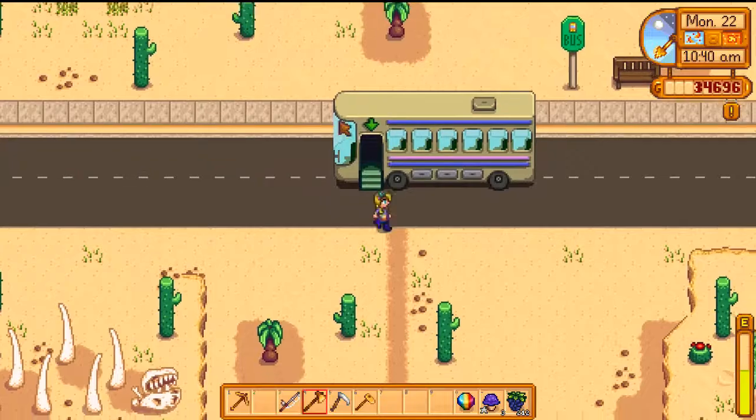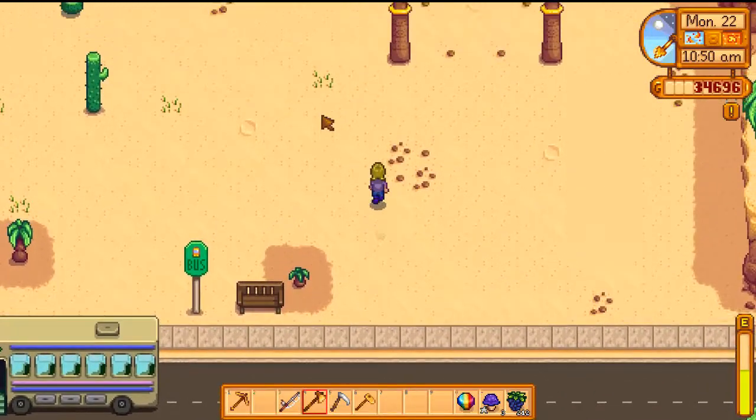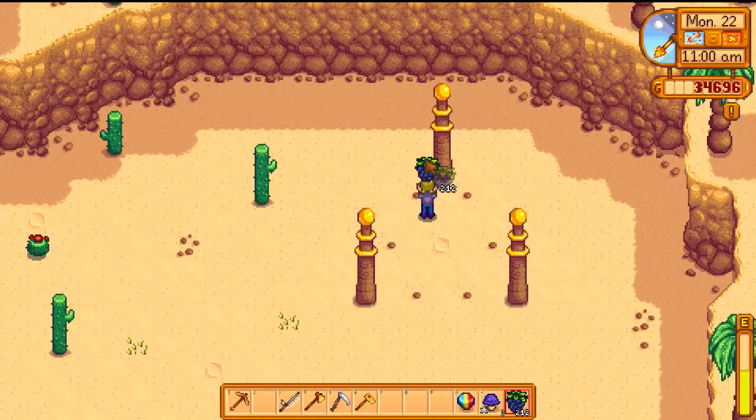So you might be wondering, Lex, you said you wanted to mine. Why did you leave your lava katana at home? Well, there's a very specific reason. And if you come over here to this little triangle while holding up a prismatic shard...